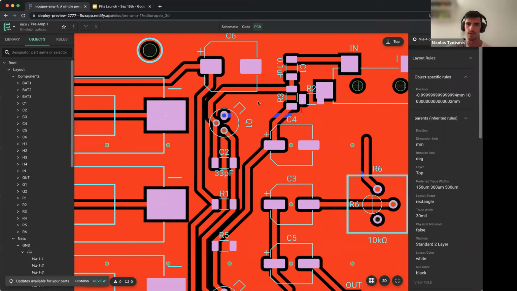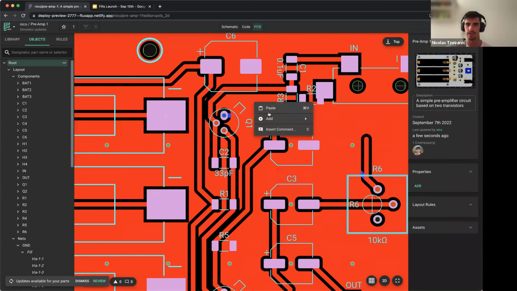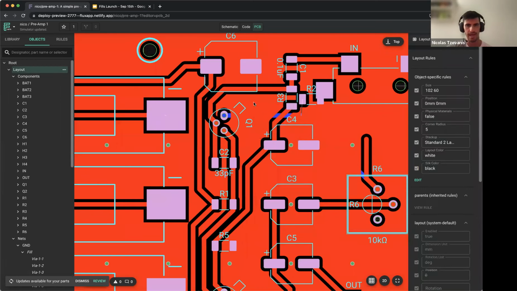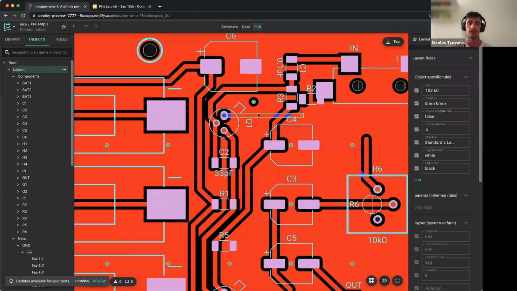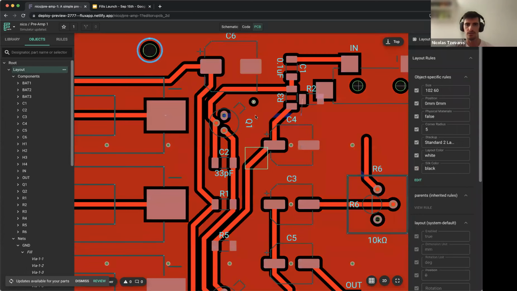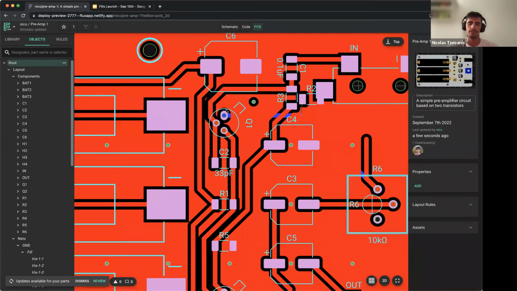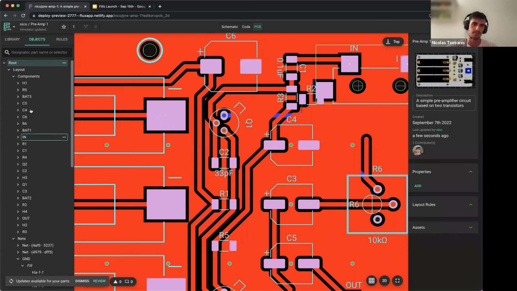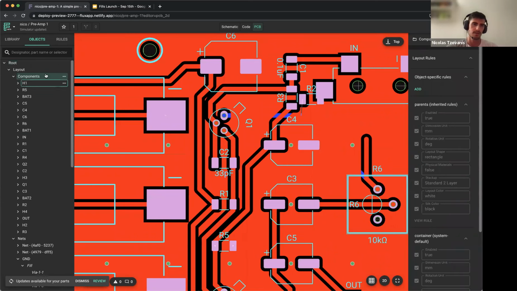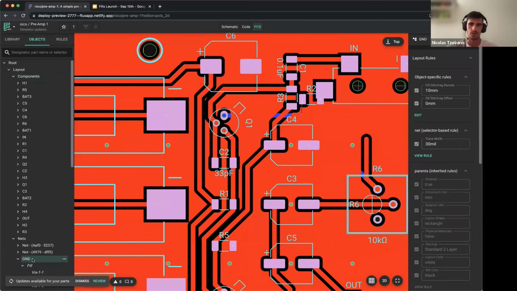So this is exactly where it makes sense, as Bruce was saying, you can either add your own via right there, and then connect this via to ground, or the other option is modifying your